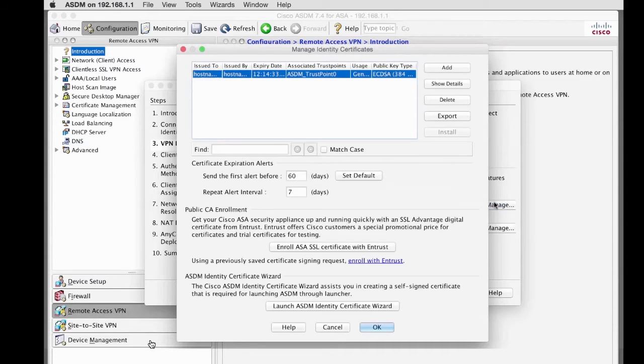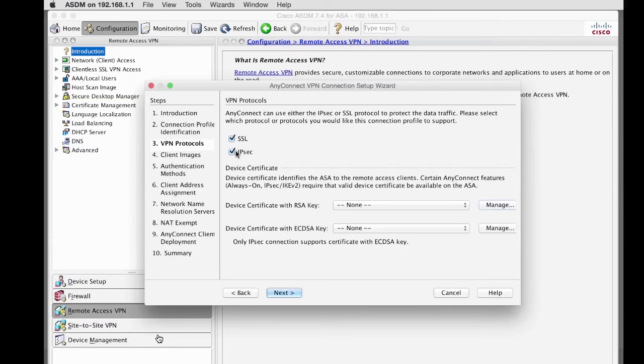You're also asked to install or manage identity certificates. We're just using the self-signed certificate from the Cisco ASA, but if you have a certificate authority server, you can click on manage and add the specific certificates. So again, we're just using the one that the ASA generated here. We click on next,